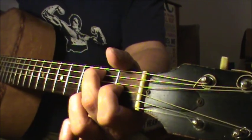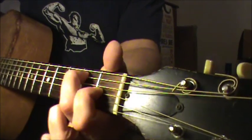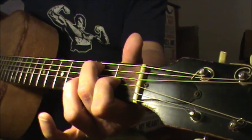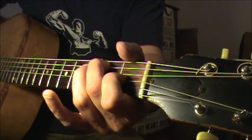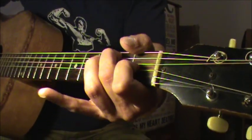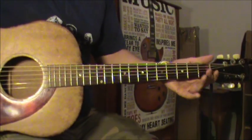You're going to start with your 2nd finger down at the 2nd fret of the A string, and then you lift it off and add it back down. When you add it back down, you want to hit that open, or the high E string, I'm sorry. And after you do that, you hit the open strings,